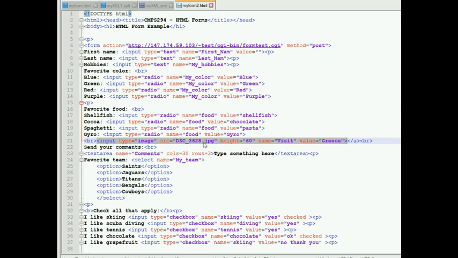I would like to display this image with a height of 60 pixels. And the name of it is going to be visit. And I have a value over here, which, as you're going to see, is totally irrelevant. It is not used. Now, if I go and render this file,